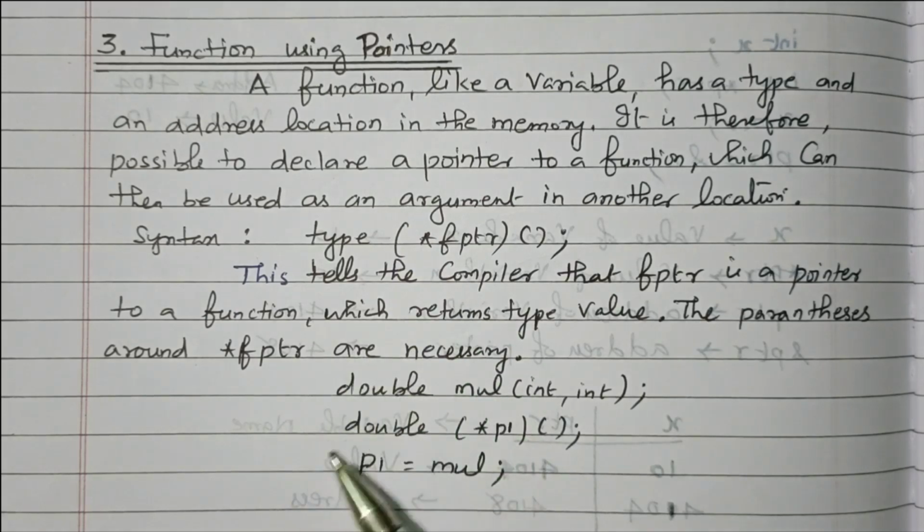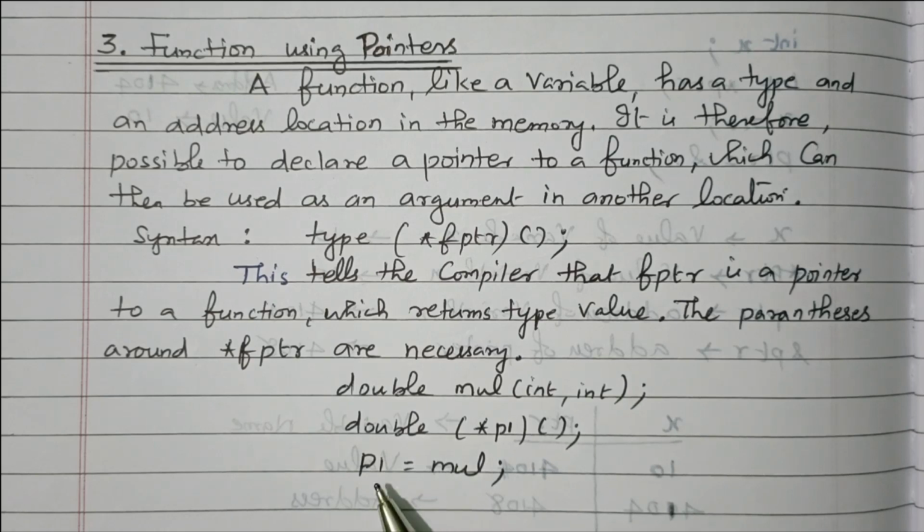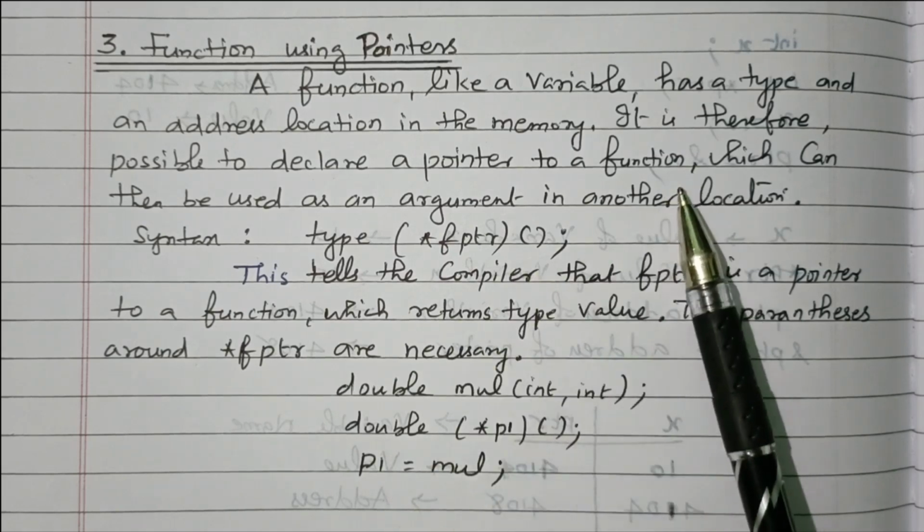So what is the meaning? Double mul integer comma integer, double star p1 open and close the brace, right? It means that it will pass the array elements, pass the elements pointer. So p1 equal to mul. So mul p1 equal to, this is a pointer variable, declared here, star pt1. So this is the pointer variable. So this value mul will be stored, that is clearly given here,